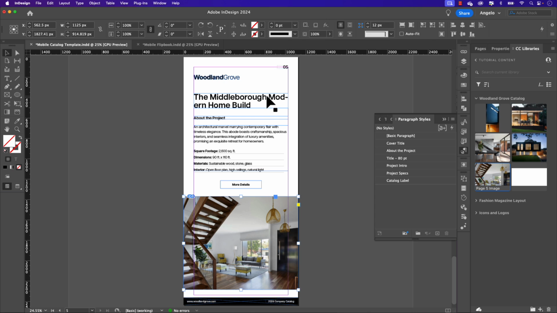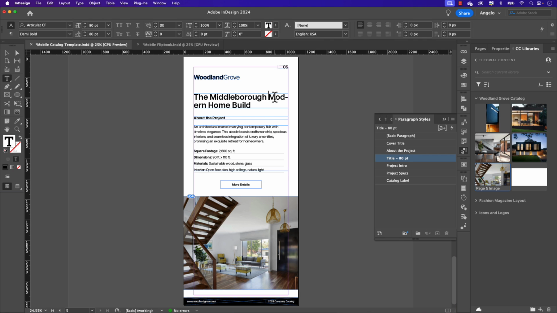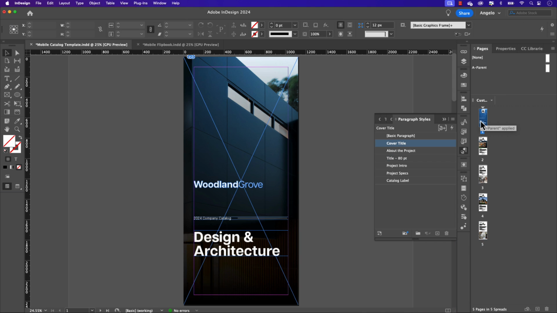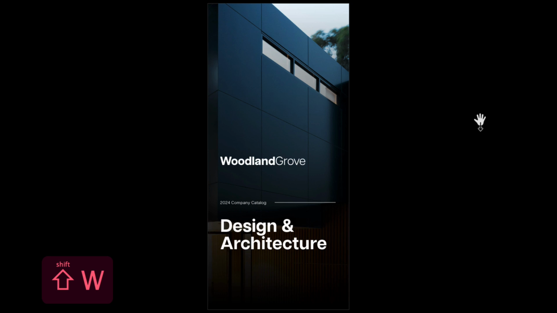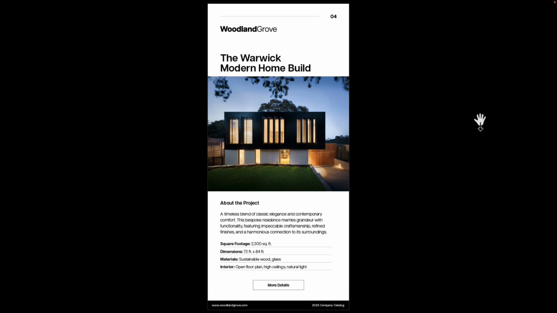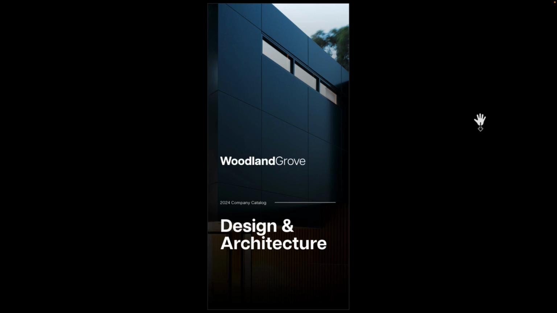I'm also going to kick over the word modern in the title up top. And let's take a look at all the pages now. If I go to the Pages panel, double click page 1, you can press Shift W on your keyboard to go into presentation mode, and you can see that we've created this very simple mobile catalog that will now export